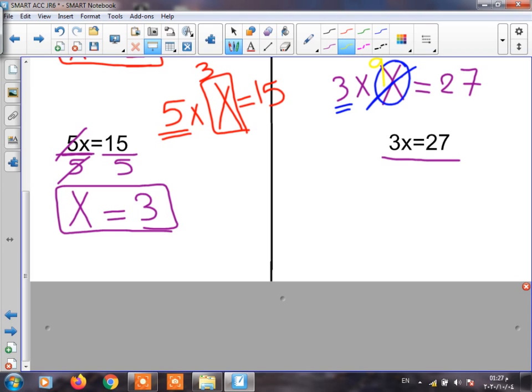But now I want to solve it by solving the equation. So what do I do? I will divide the whole side by 3. If I divide here by 3 and here by 3, I will cancel 3 with 3 like a fraction. 3 divided by 3 equals 1. And I have here 27 divided by 3, so the result here will be x equals 27 divided by 3, which equals 9. So if I make here 3 times 9, the result will be equal to 27. The next one,